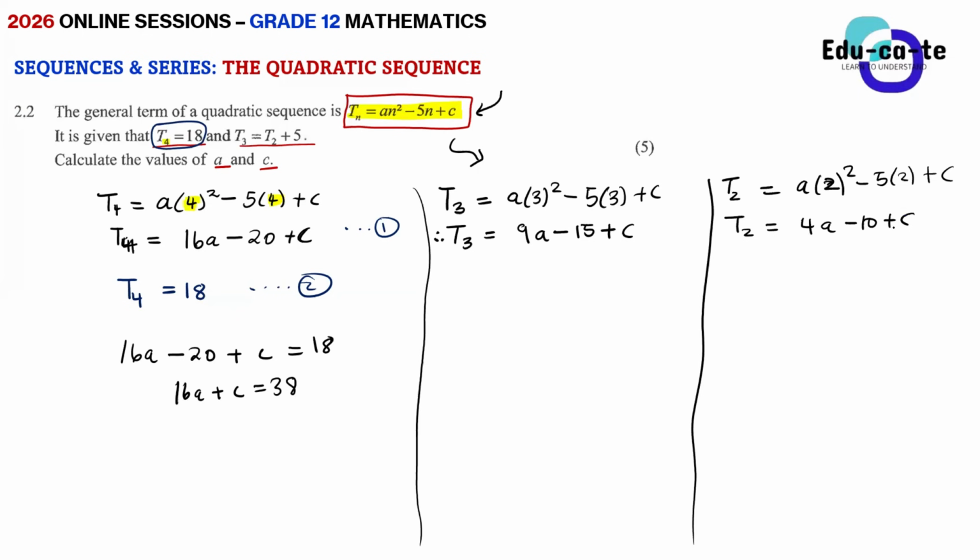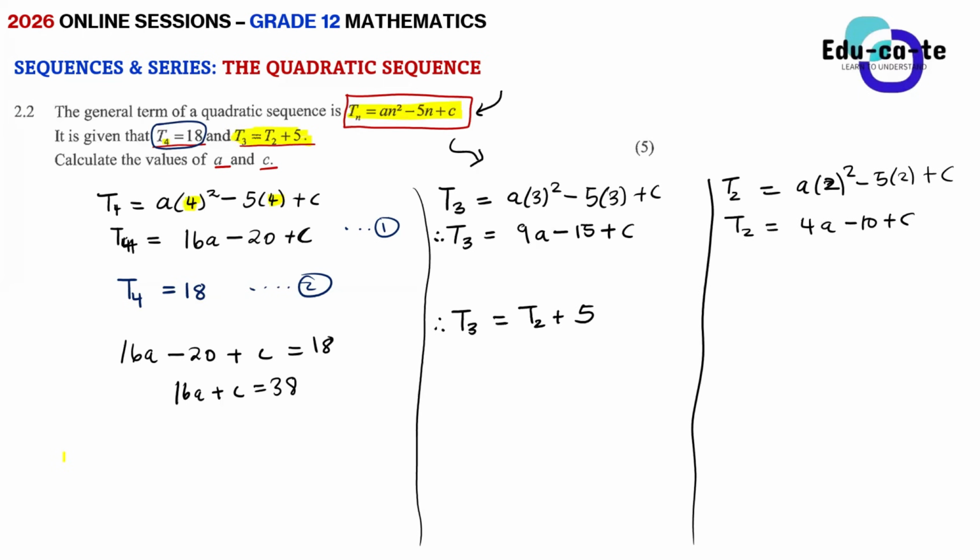Then after I said T3 is equal to T2 plus 5. Therefore, T3 is equal to T2 plus 5, which is something you got from the statement, right? Do you guys all see it, this one? Are we seeing it? Yes, it's from the question itself, yeah?